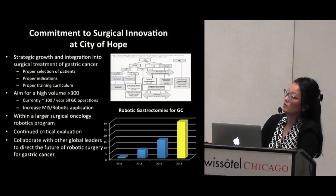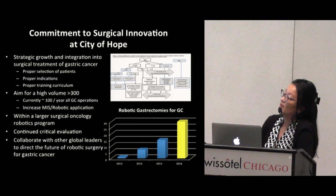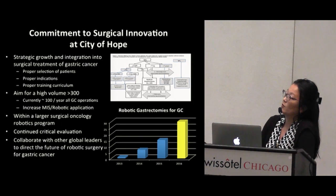And so in order for us to expand robotic surgery for gastric cancer, I think there needs to be a commitment to surgical innovation like we have at City of Hope, and I'm sure the programs that you come to and the fact that you're here at CRSA have this. The strategy to grow and integrate robotics into the treatment of gastric cancer overall, and then really finding out what patients will benefit. This is still under investigation for us because we don't have high volume to do these great cases, and we want to aim for high volume so that we can have some patients who will benefit from